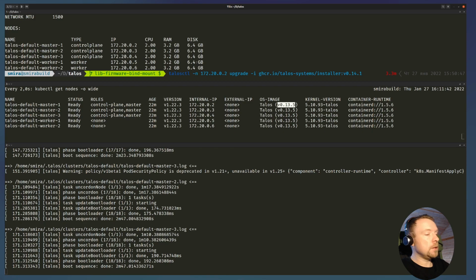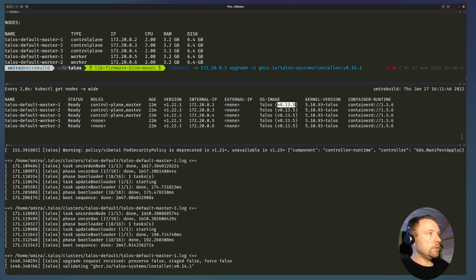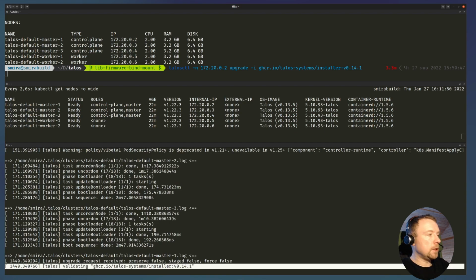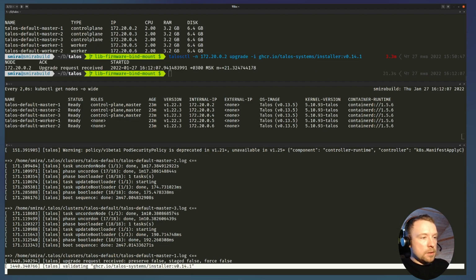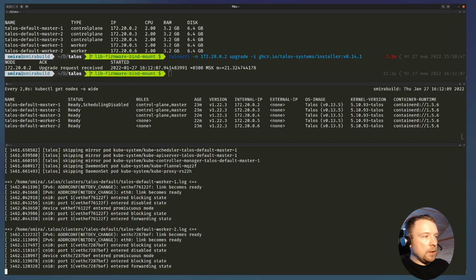And this is how my upgrade command looks. I'm going to upgrade and I give an image reference. So when I hit enter, what you can see in the bottom part is that Talos started to pull down the installer image. It pulls it down from the container registry and is going to validate to make sure that's a valid installer image. And after that, it will kick off the upgrade sequence. The installer image contains everything which is needed to run